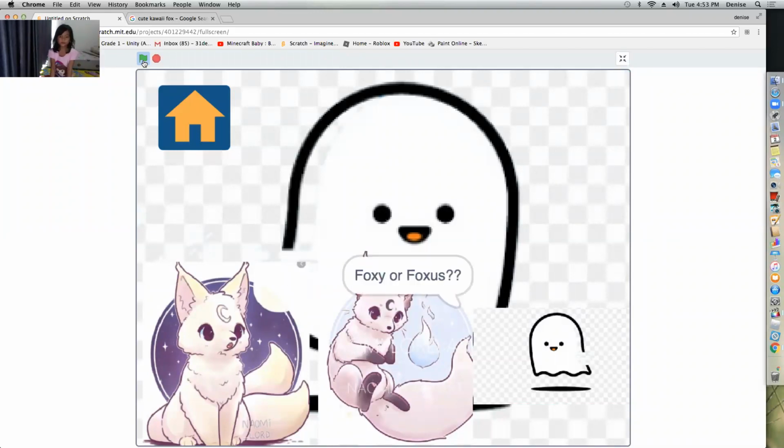Foxy or foxes? If you want to click Foxy, this is Foxy and this is Foxes. If you want Foxy, just click it, and if you want Foxes, just click it.